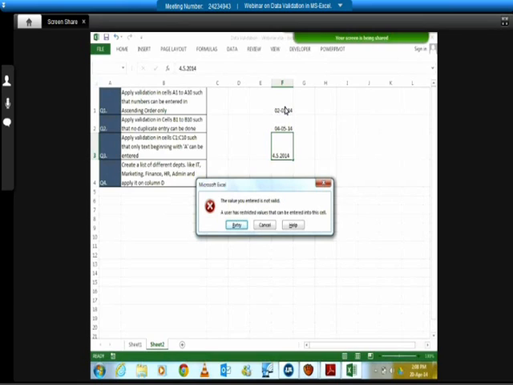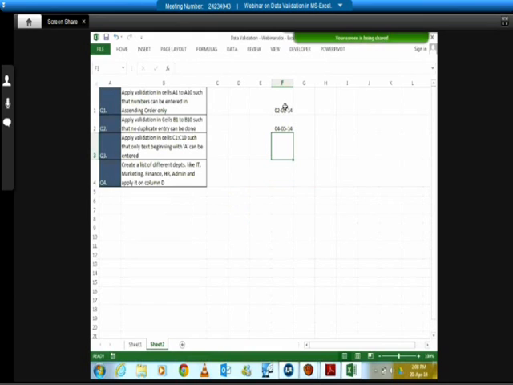Now you've seen one or two tools that I'm using in data validation. We've seen whole numbers, we've seen decimals, we've seen dates. What do you think is the real advantage of using data validation? Why should I use a data validation? One is I am controlling my data. That is a very big advantage, that I am controlling my data. Then I have a drop down list. What happens in the drop down list? We can select options from one option, so whatever I like, I will select. List is something that we use the maximum when it comes to data validation.